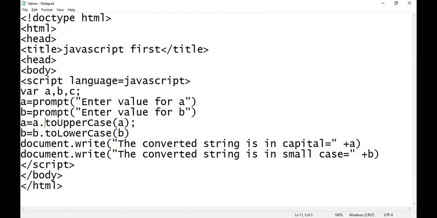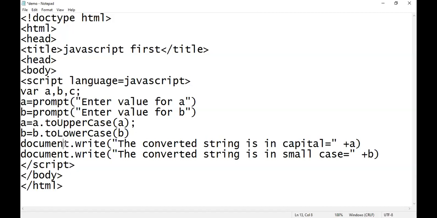We are going to execute this function on this object, just like we are executing the write function on the document object.